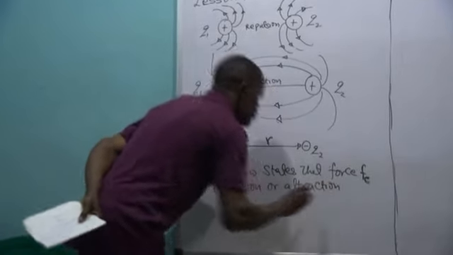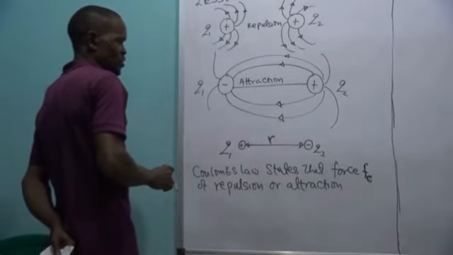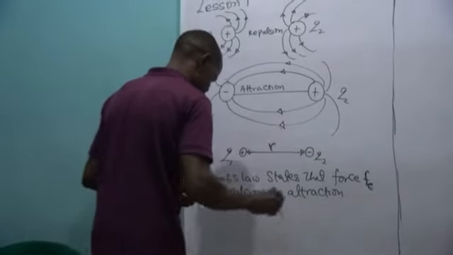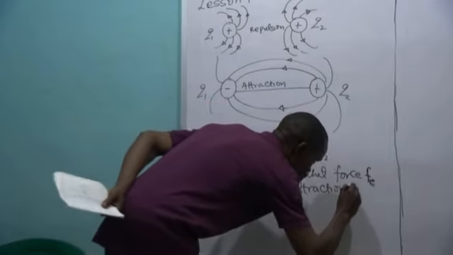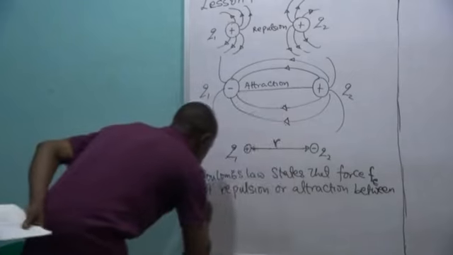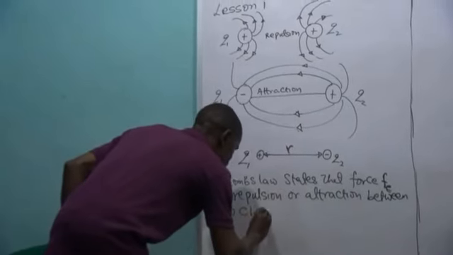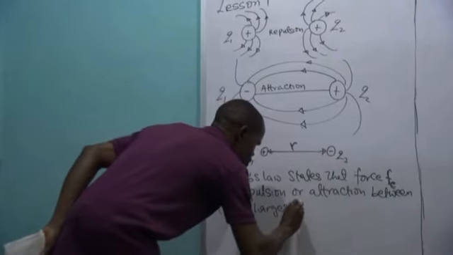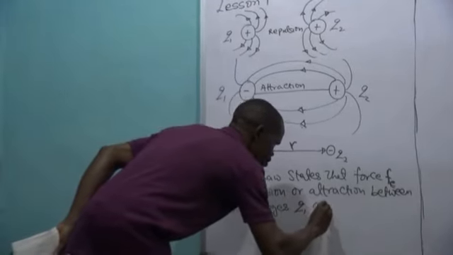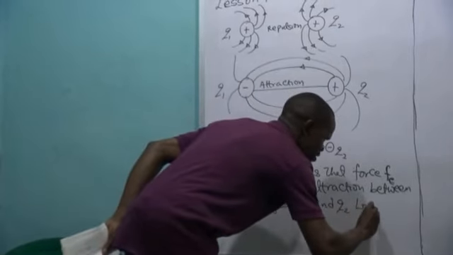You see that we have two of them, either repulsion or attraction, between two charges, Q1 and Q2,